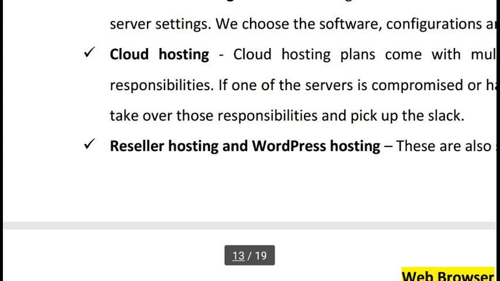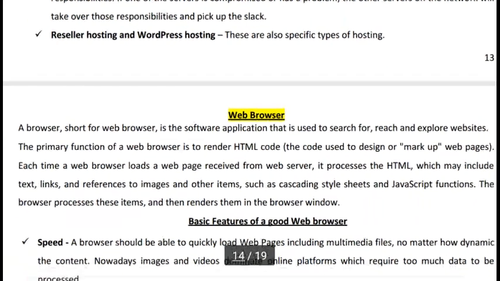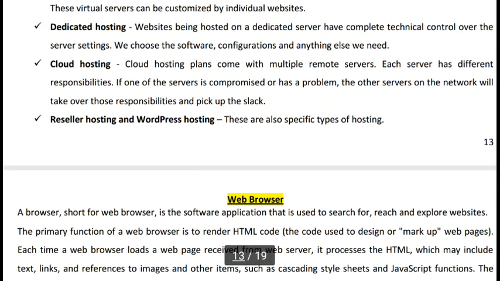WordPress and reseller hosting are also provided. We can summarize this: first we create a website in HTML, then we provide a particular standard name, a URL, and after creating the complete website, we transfer it to the web server. This is web hosting.